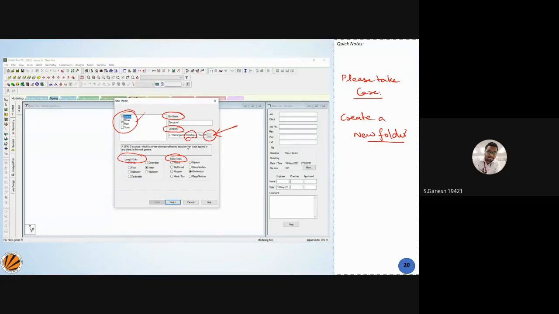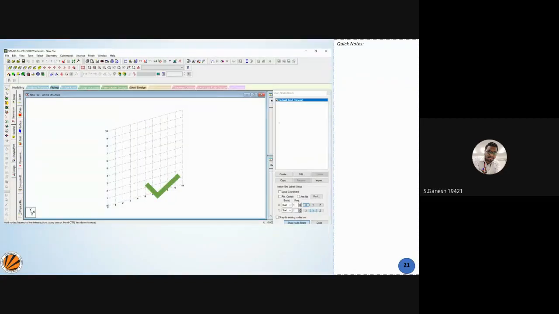And then the second thing you want to know is, once you click OK, you get this window. The green symbol says that you're done with the inputs. Your basic inputs are done, and you're ready with the software to work on this part. But you're not fully done. This is just the opening of your software. After that, a number of students make a mistake, so I want to make it clear for you.